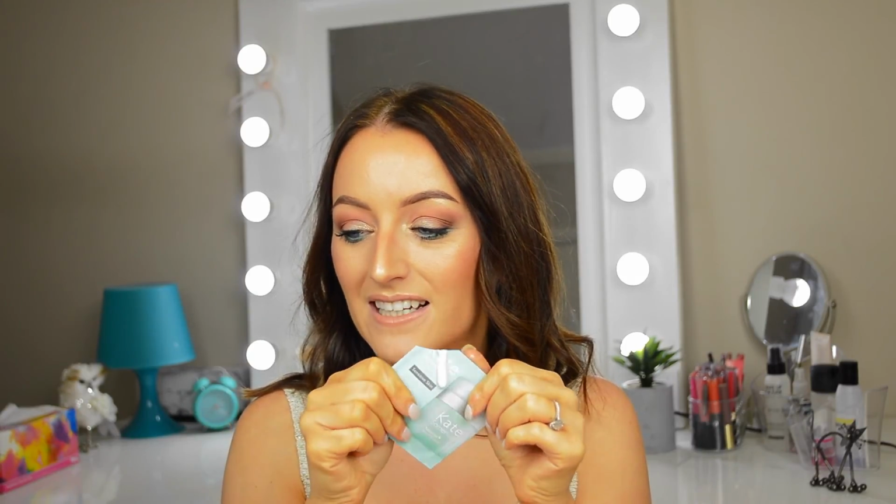Next sample that I tried was the Kate Somerville Sensitive Skin Daily Moisturiser. Now, there's definitely product left in here. This just did absolutely nothing for my skin. It's such a lightweight moisturiser. I reckon this would be really nice for an oily combination skin or a really sensitive young skin,